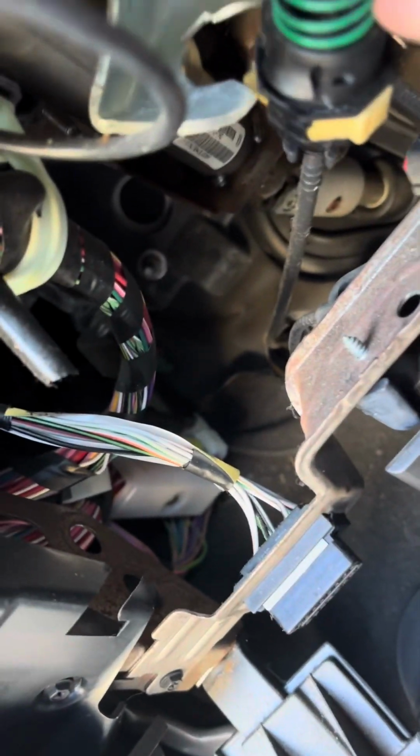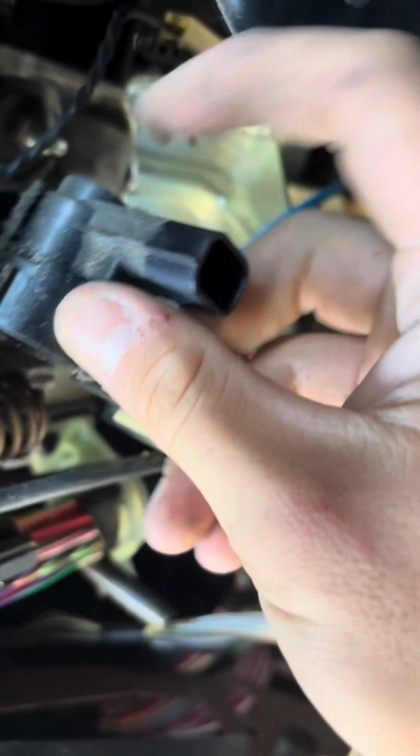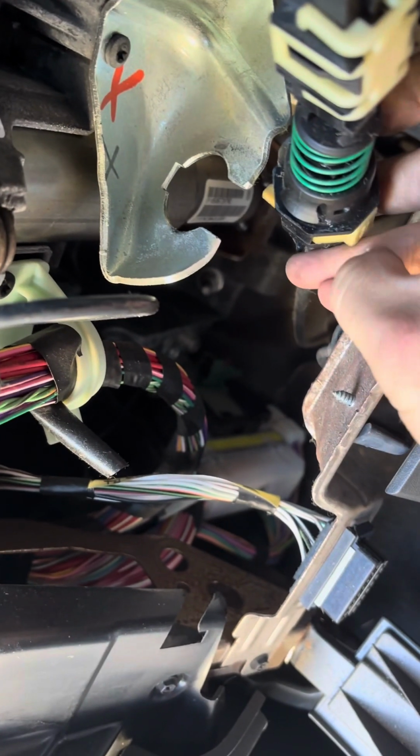So to get it out, this is up. Let's see. It's up there, and you just pry it off, and then you take this electrical piece off. Slide this red thing back, pull this down, and it comes out. And then